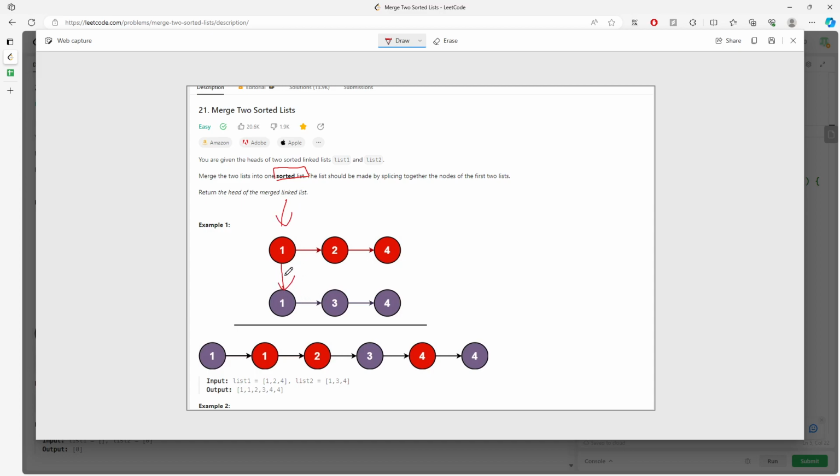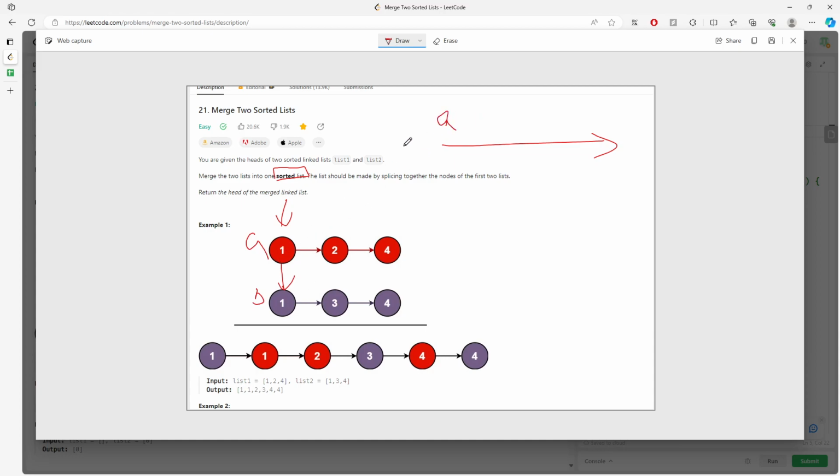So you compare the value. Even though they are the same, doesn't matter. So basically it has to be in increasing order, right? So I'm going to compare this one and this one. So let's just say A and B. Does A less than B? No, right? Because A is actually equal to B, but I still need to